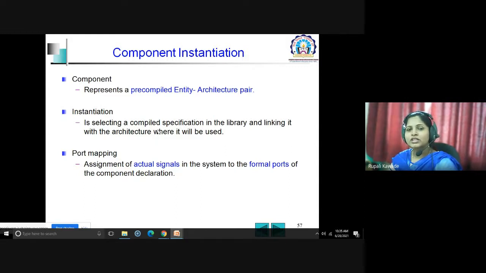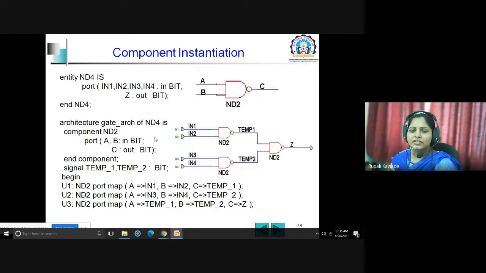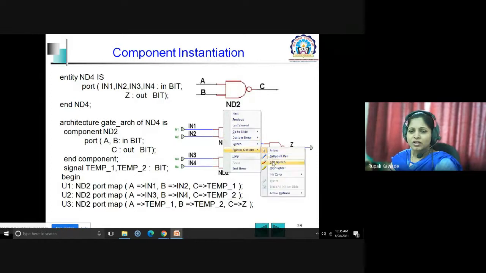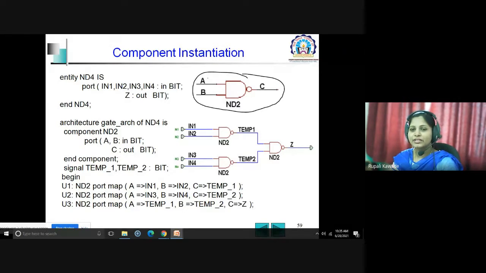Whatever statements we have seen there, all those were concurrent statements. So component instantiation is one of the concurrent statements that we have seen. You can check here how we have written a component instantiation or a simple structural code. You can revise it. So what is here? One NAND gate is mentioned, right? This NAND gate has two inputs A, B, and C. Fine. So I'm writing down its entity.